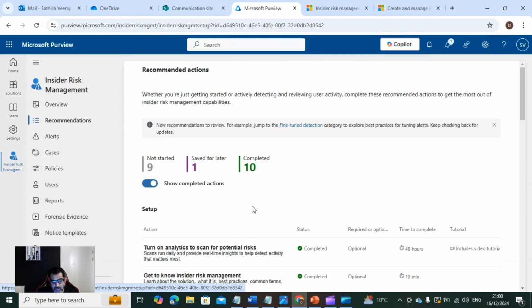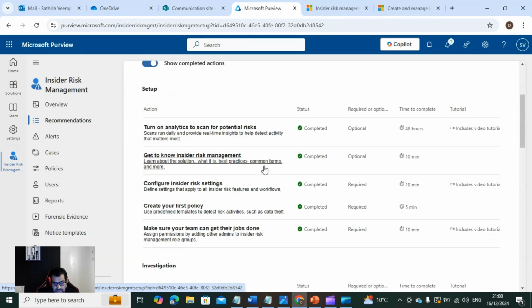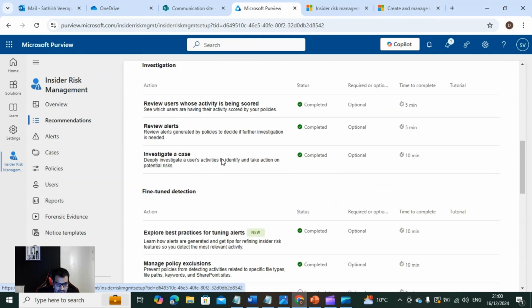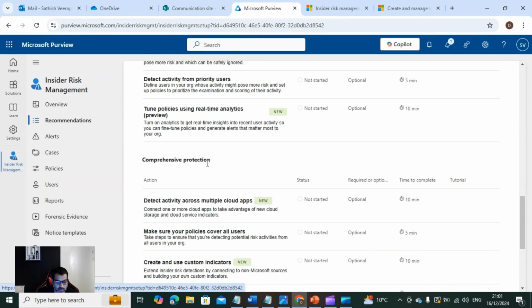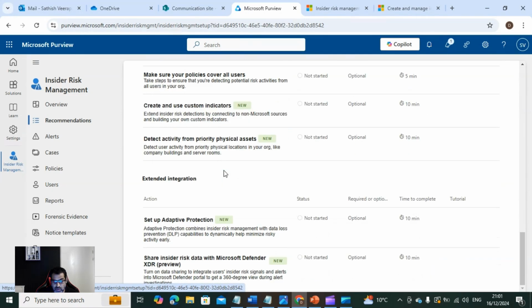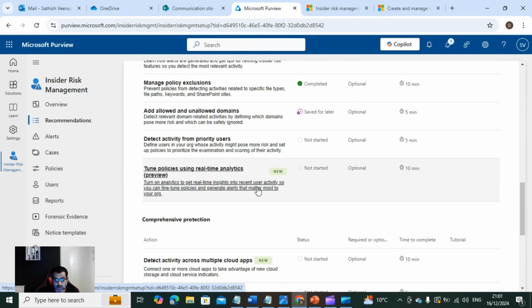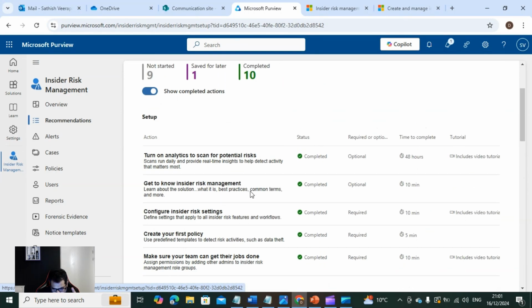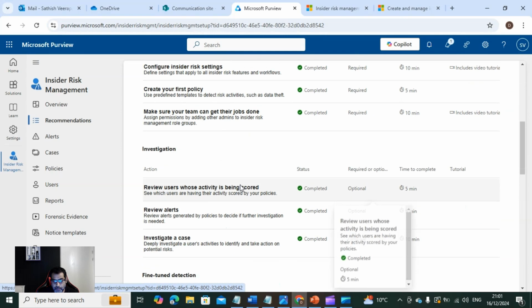In the recommendations, I see it's divided into five categories. The first one is setup. The second one is investigation. The third one is fine-tune detection. The fourth one is comprehensive protection, and the last one is extended integration. So today we are going to take a look at only the first two, which are setup and